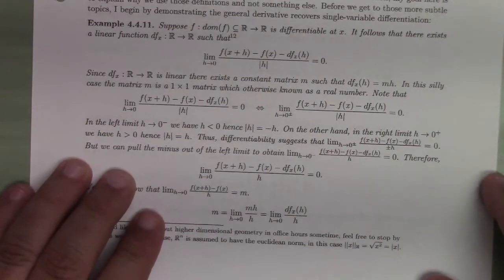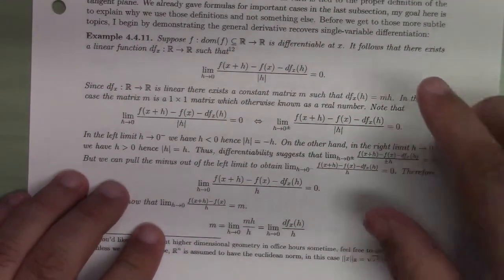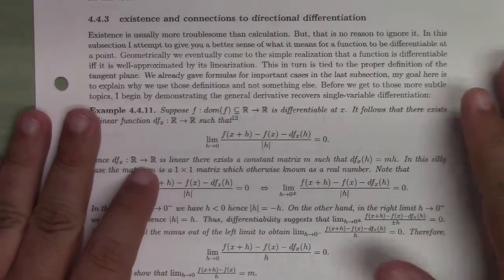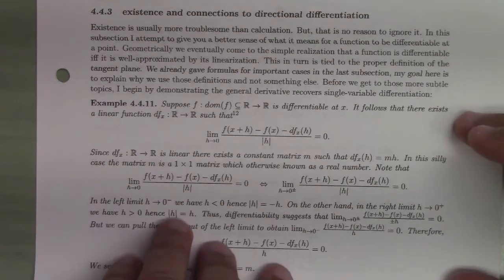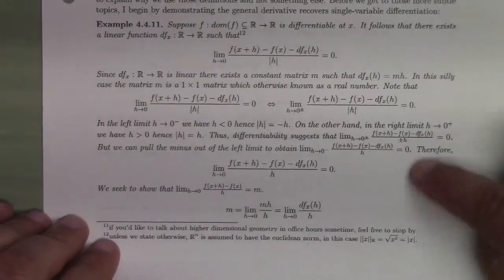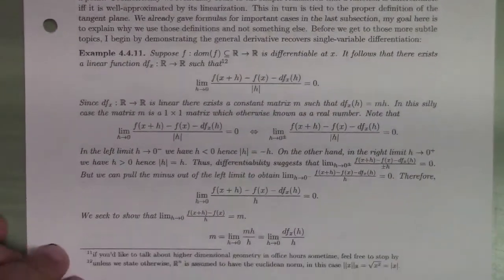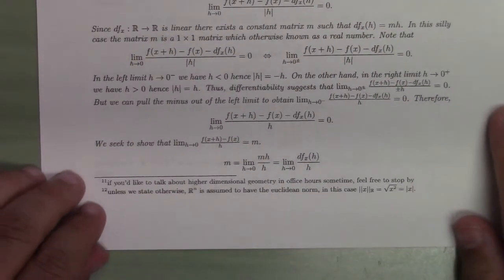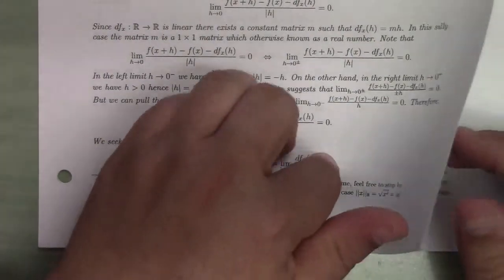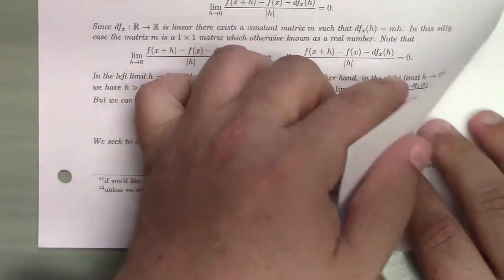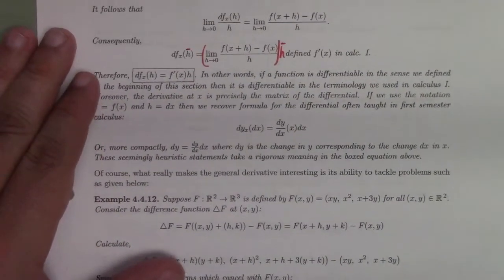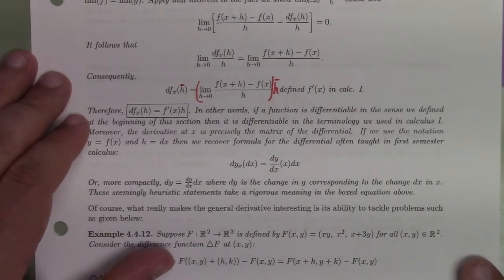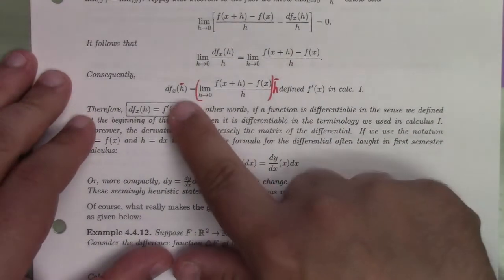So the next section is a little bit technical, but basically the itch I'm scratching in this little subsection here is to try to connect the Fréchet derivative with the ordinary derivative. And what this calculation shows you is that if you work through it, the Fréchet quotient limit reproduces the difference quotient limit that you've seen in Calc 1,